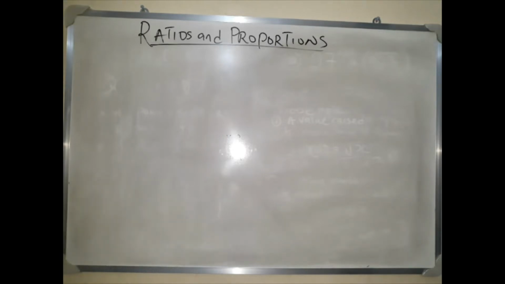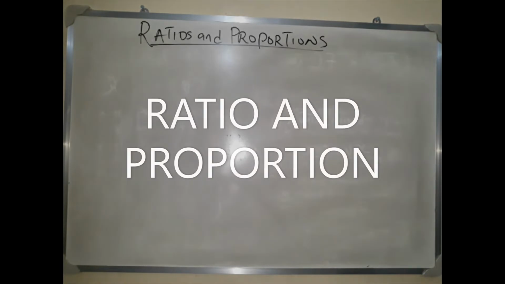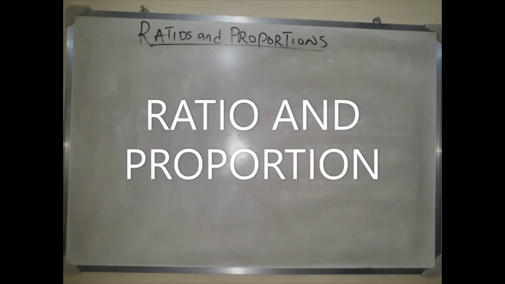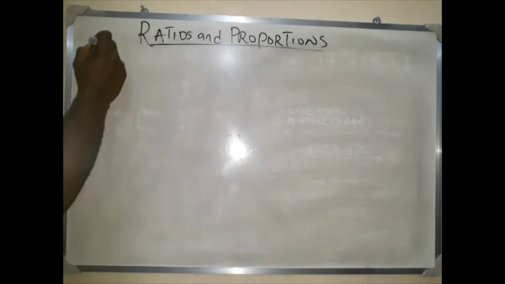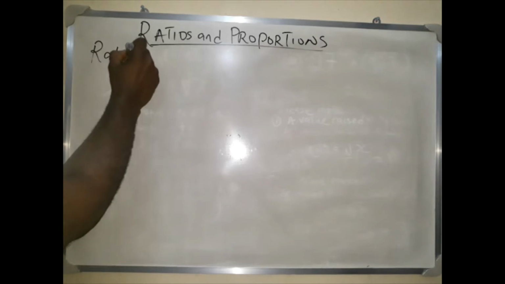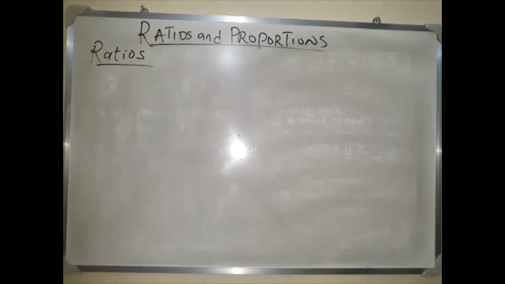Today we'll be looking at how to solve questions involving ratios and proportions. Now let's look at the first one, which is ratios. What is a ratio? A ratio is the comparison between two or more quantities. It is the comparison between two or more quantities using the method of division, which involves dividing the first quantity